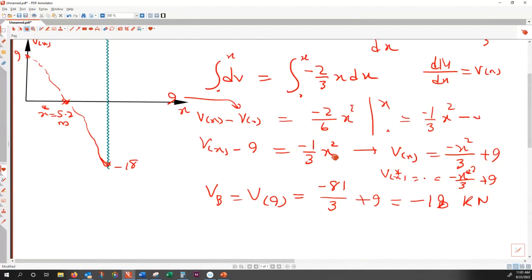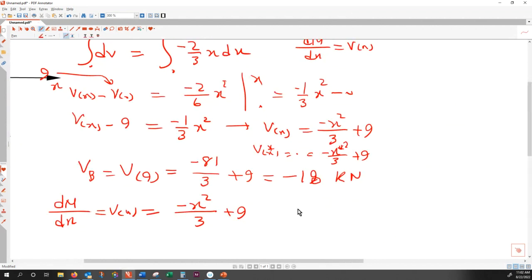And how do we proceed? The procedure is to find m of x using the differential equation. So that is dm over dx, that is equal to v of x. And v of x is what? V of x is minus x squared over 3 plus 9. So let me solve that one and see what we get. So that is the integral of dm is equal to the integral of minus x squared over 3 plus 9 dx,